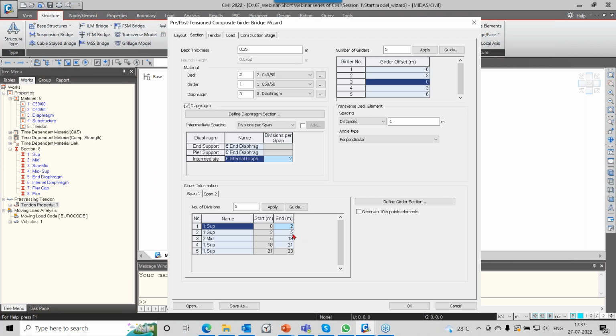Then further there is span information, like how many parts the entire span is divided into, and what the cross-section properties are for each part, like the 2-meter support cross-section, then 3-meter tapered, then 13 meters middle section property likewise. So you have information for both spans. Then you can finish after this, like layout and section is all you need for the